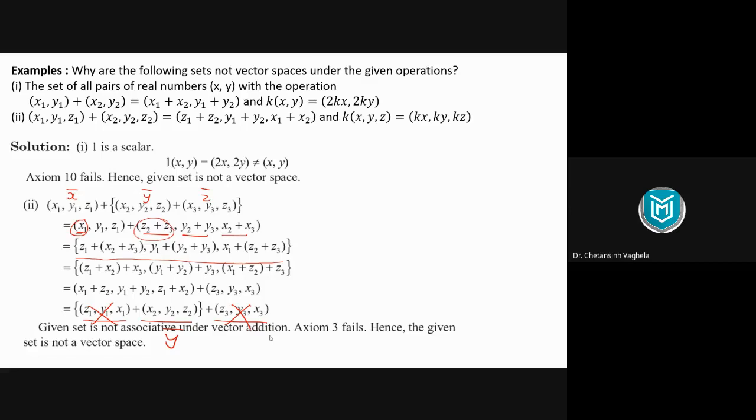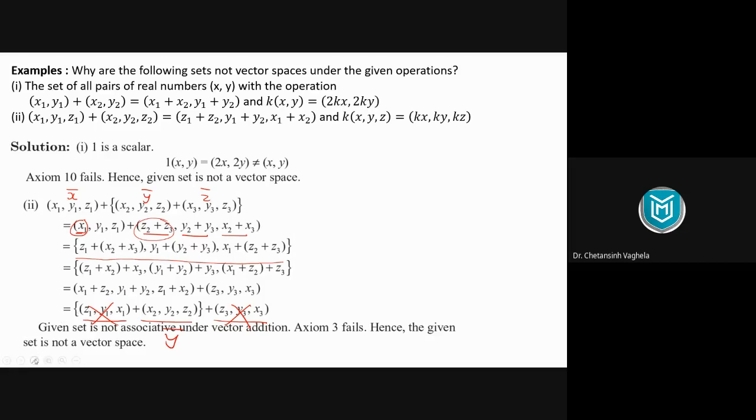But that doesn't mean that your answers are wrong. You need to check it first. Those who said condition 5, those who said 2, they need to check it. I thought it was 3, so I have kept 3 here, but you can check it. If 2 is not satisfied, it can be your answer. Then you need to check that condition, and finally give the conclusion that condition 2 is not satisfied, therefore it is not a vector space. So you just need to give one condition which is not satisfied. That's it. You don't need to show any other condition.